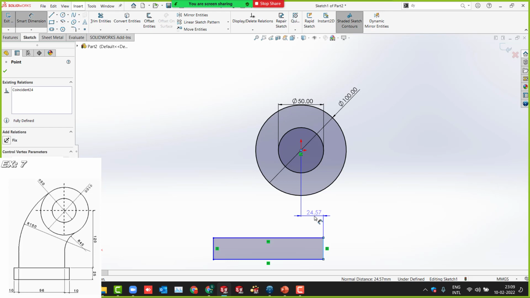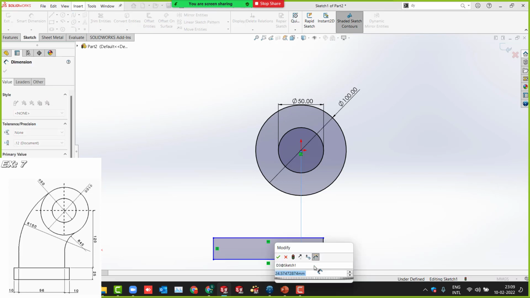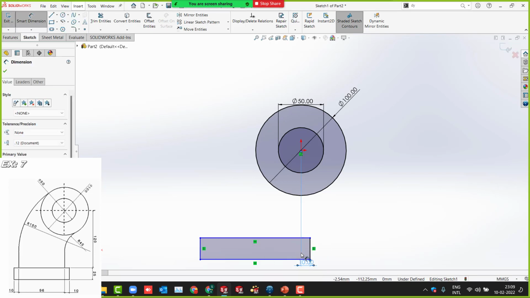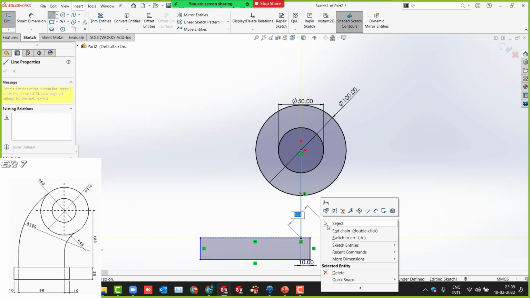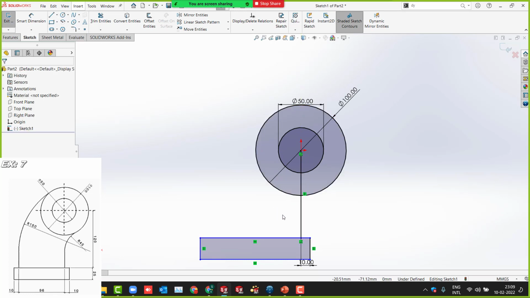I'm asking the horizontal distance. Can you see at the bottom? It is mentioned 10, no? Yes, 10. Good. This is 10 now. And now from the origin, he has drawn a line, right? I'll simply draw a line from center like this. Don't worry about this in-between line. We can trim it later.